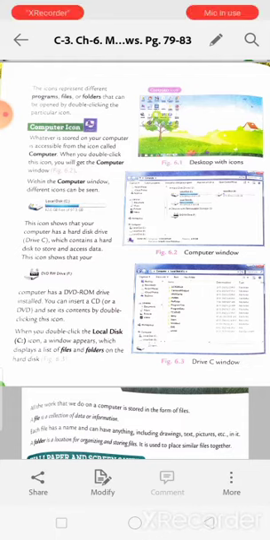So when we click on the computer icon, more icons will come over there. Among them, the local disk C icon will be there. This shows that your computer has a hard disk.